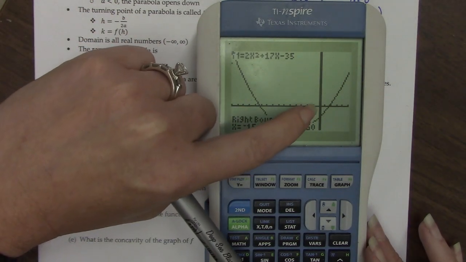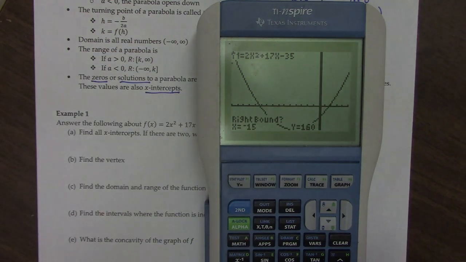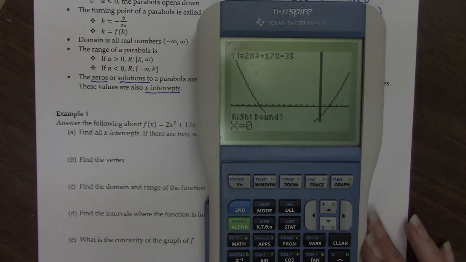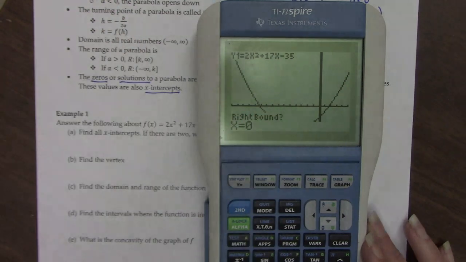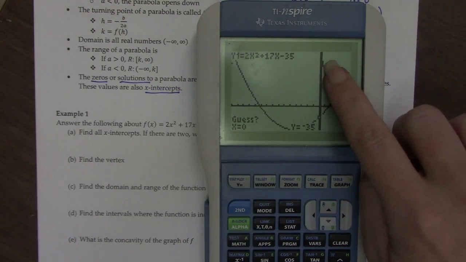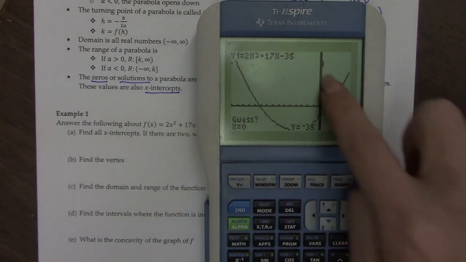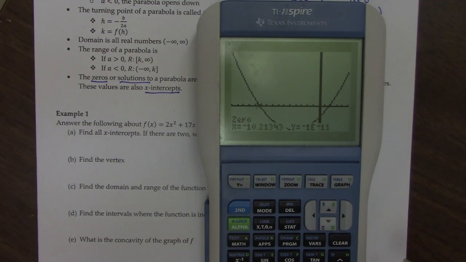And then I can see that the other intercept is on the other side of 0, so I'm just going to use 0 as my right bound. But technically anything in here would work. So we can see we get another arrow here. So it's only going to check for zeros between these 2 points. So when I hit enter, I can see that my 0 is at